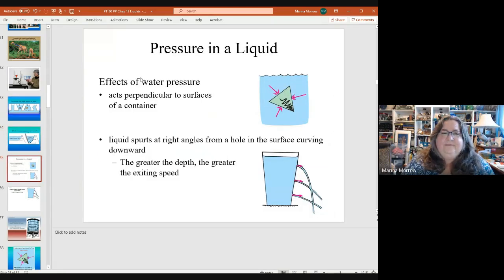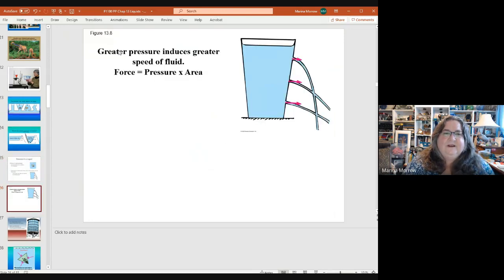Okay, so pressure does act perpendicular to all surfaces. And again, the greater the depth, the greater the pressure. So when you poke holes in a styrofoam cup, the water will come out faster from the bottom hole because that's where there's greater pressure, which makes greater force. So greater pressure means greater speed, because force is pressure times area. And so you've got a greater force